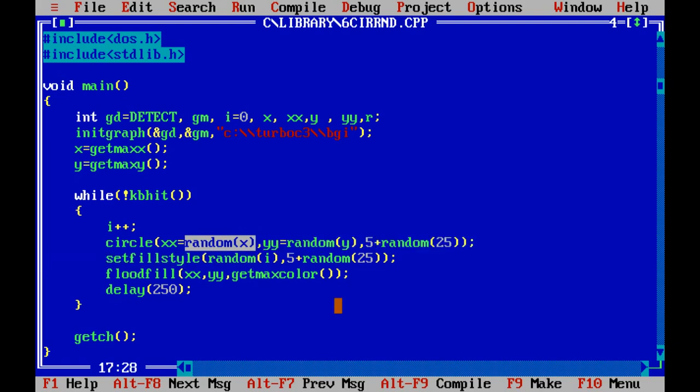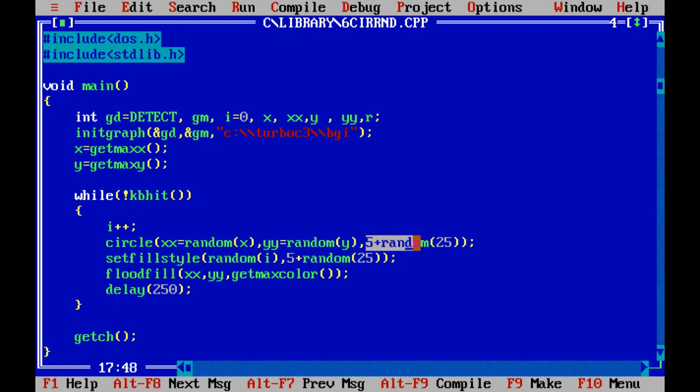How does the random function work? The random function determines a value between 0 and x, where x is the argument. Random generates a number between 0 and argument minus 1, that means x minus 1. So the x coordinate is determined randomly and the y coordinate is also determined randomly. So the position of the circle will be different.